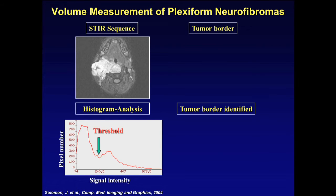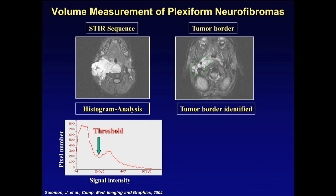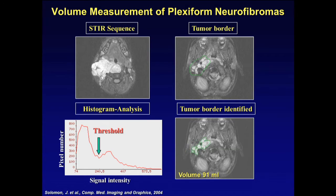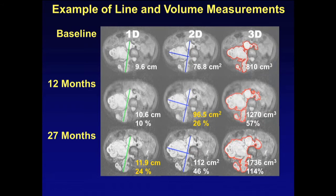What Dr. Dombey at the NIH does is she puts a very rough border on each slice that contains a tumor, and then the program takes over and puts a really nice tight border on each slice. And this allows us to calculate the entire volume of the lesion and to detect small changes in tumor size. This has really advanced how we can measure tumors, in that we're much faster in detecting progression or shrinkage